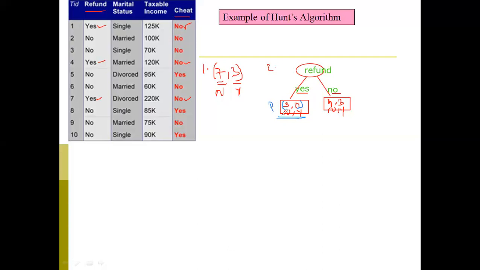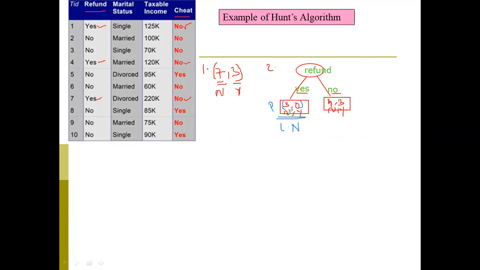Whenever you get a pure node, this particular node would be represented as a class label, isn't it? This particular node is also called a leaf node.